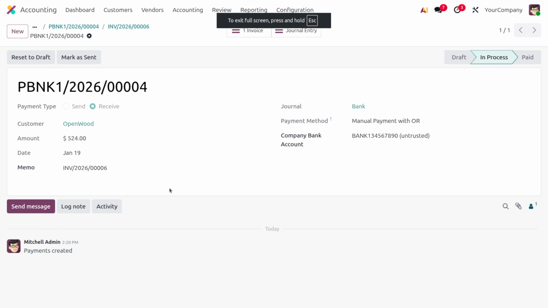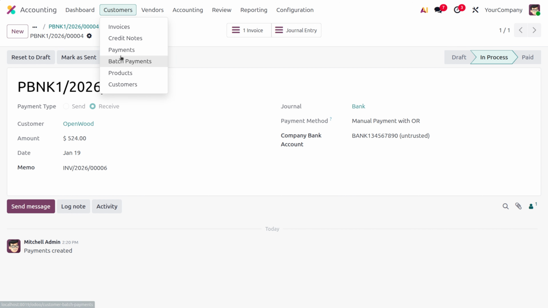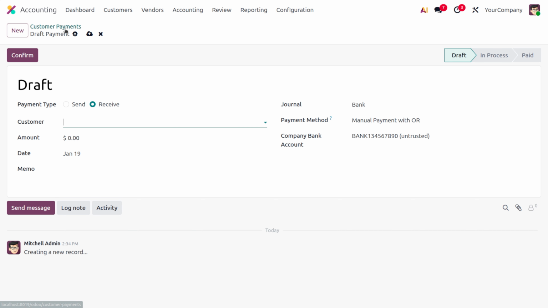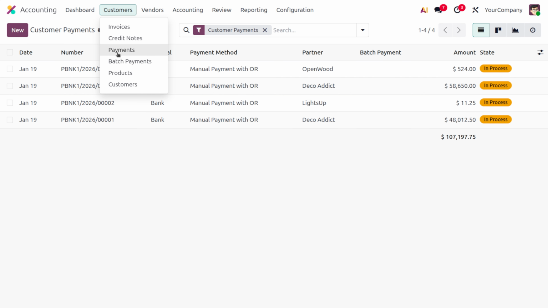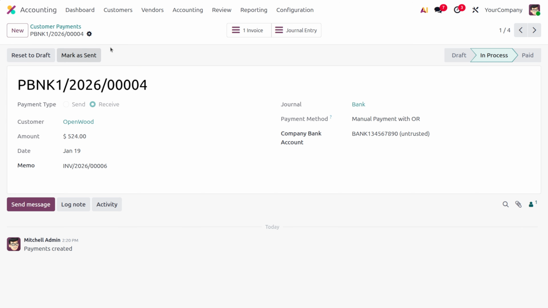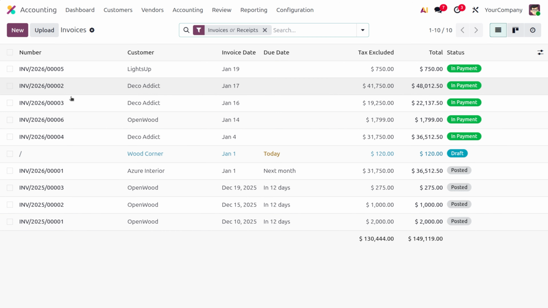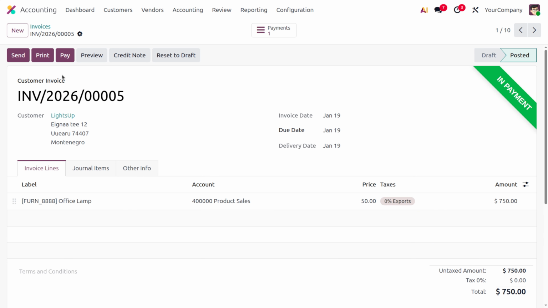Now let's see how we can also register and match the bill. So for that, let me move to the customers and choose payments. Here you can create a new payment. Let's say, from here, let me copy the reference number. First, let's move on to the customer invoices and consider a reference number. And let's change the reference number from the customer